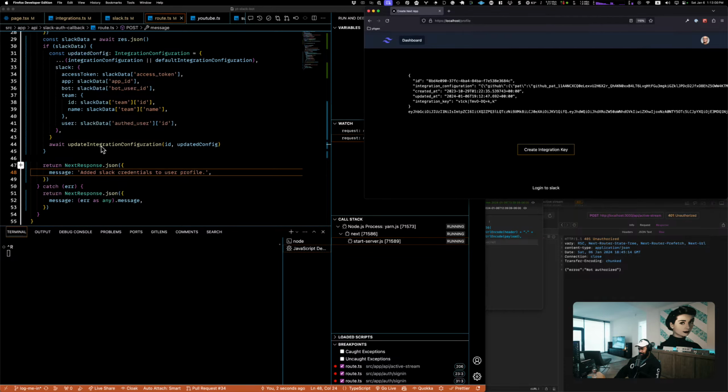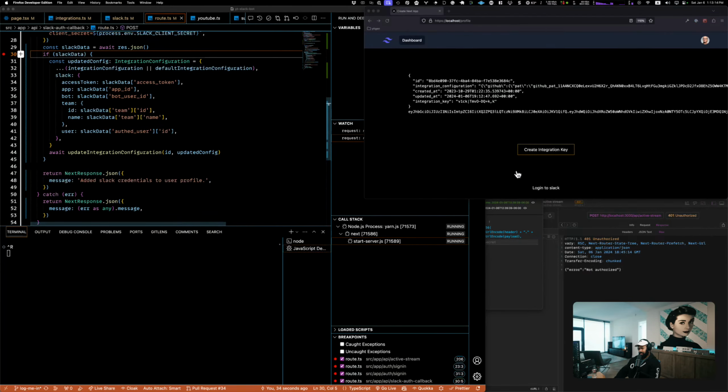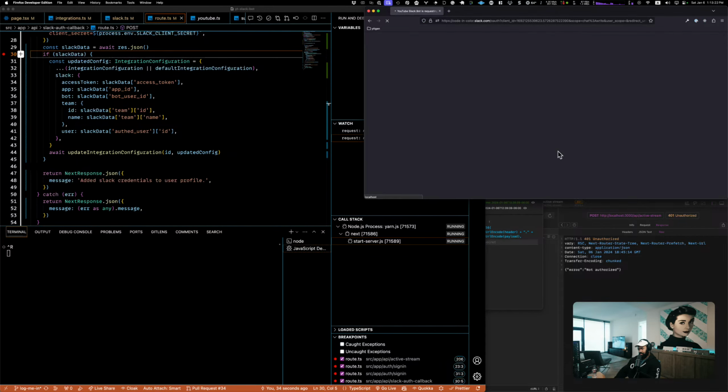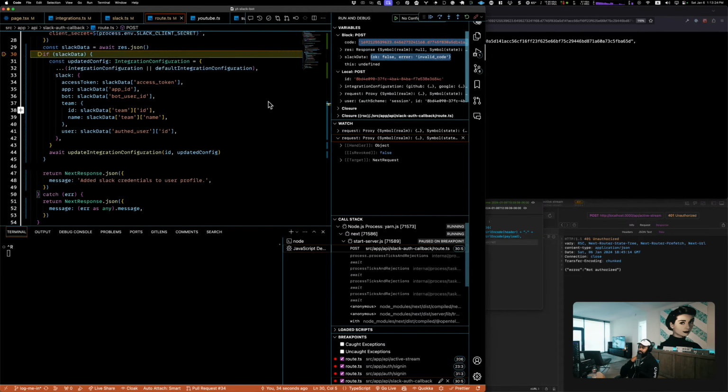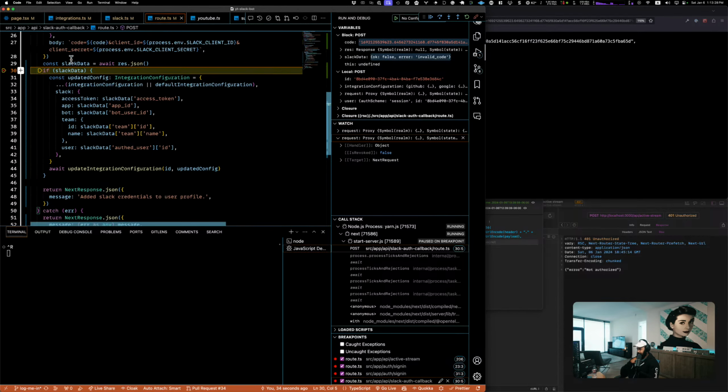Okay, so now that that's happening, wait, added Slack credentials to profile. So Slack data, there must not be any data here. Let's see. Invalid JWT. Okay.